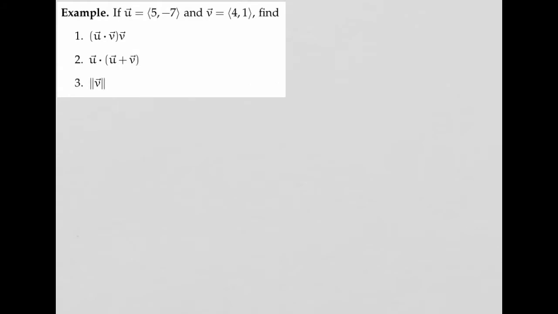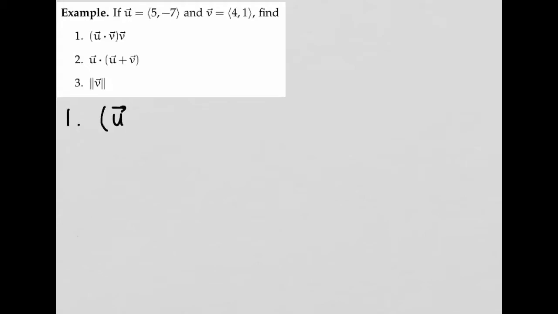Another example, if u has components 5, negative 7, and the vector v has components 4, 1, let's compute u dot v times the vector v, the vector u dotted with the vector u plus v, and the magnitude of the vector v. Starting with example 1,